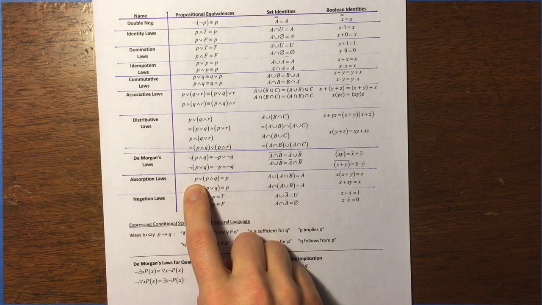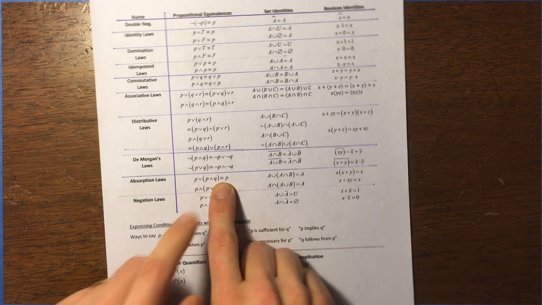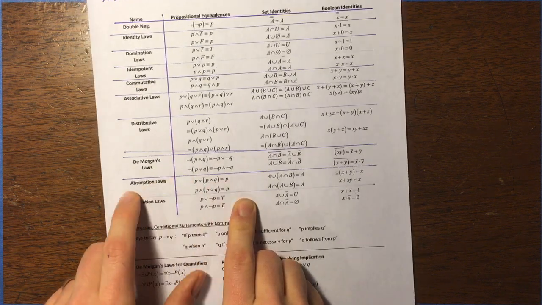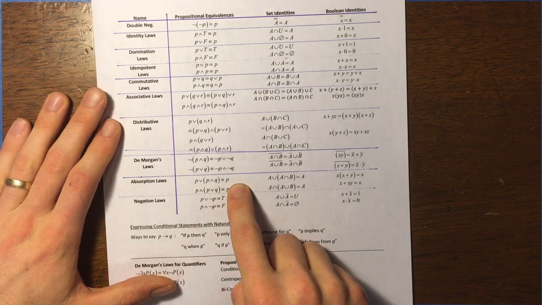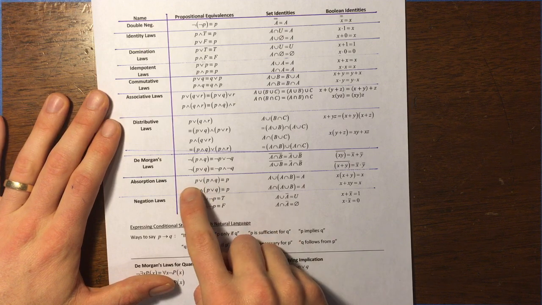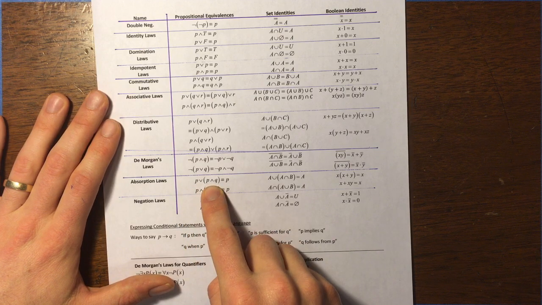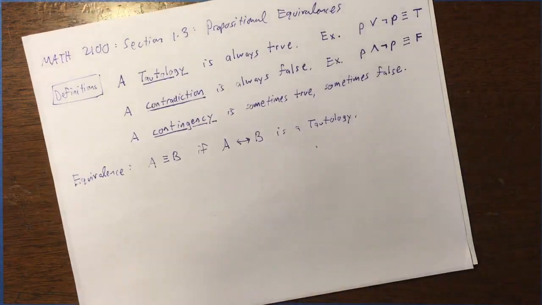We're going to prove P, the first one, P or (P and Q) is equivalent to just P by itself. It's called absorption because essentially the Q gets absorbed and disappears. The value of P determines exactly the overall value of this compound proposition. So let's prove that. And what we're going to do is prove the absorption law using the